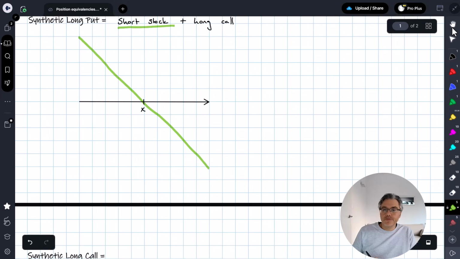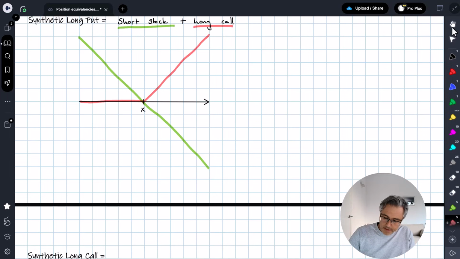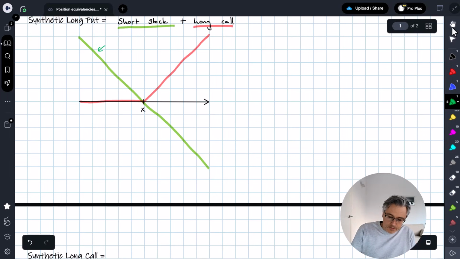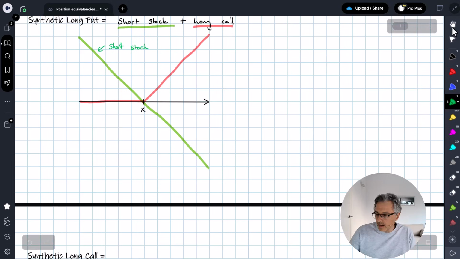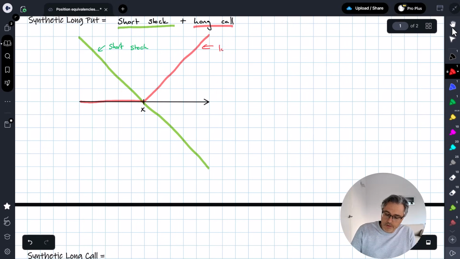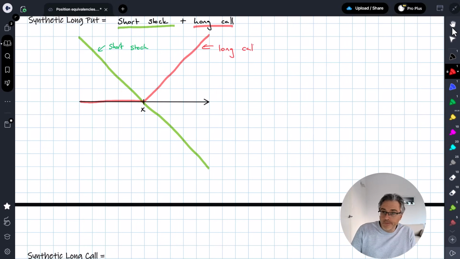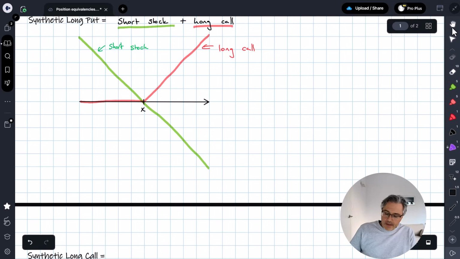Okay, just like a short forward with a forward price of X, and we want to combine that with a long call. So you should be quite aware of what that looks like by now. It looks like that. So that's the short stock position, and that's our long call position. And when you combine these, when you overlay them, like we've done over here, what you get is,